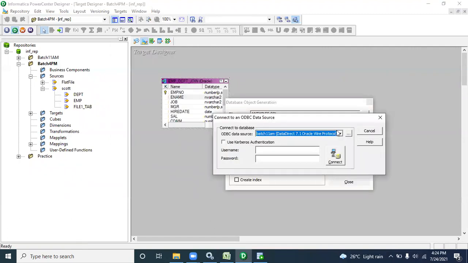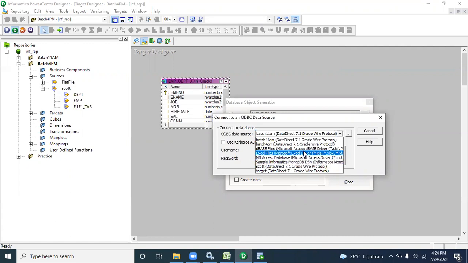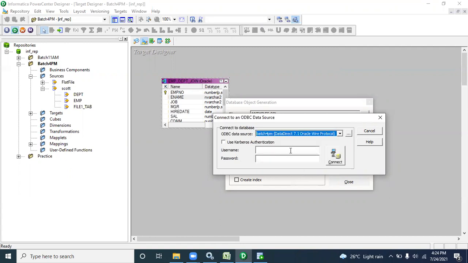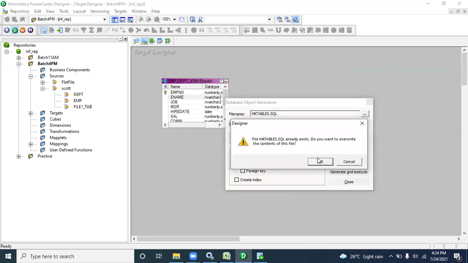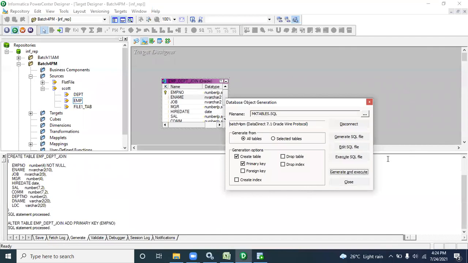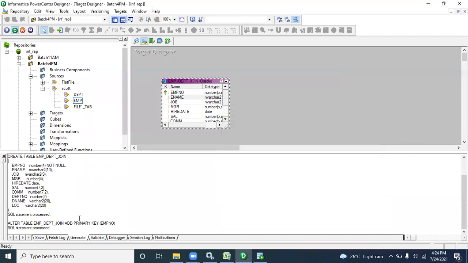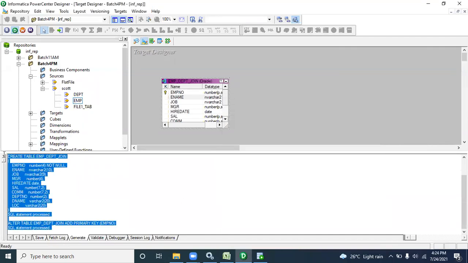Go to Target, then Generate and Execute. Here you have to select our appropriate target and write the password, then click on OK. Now you can see the message that the table is created.